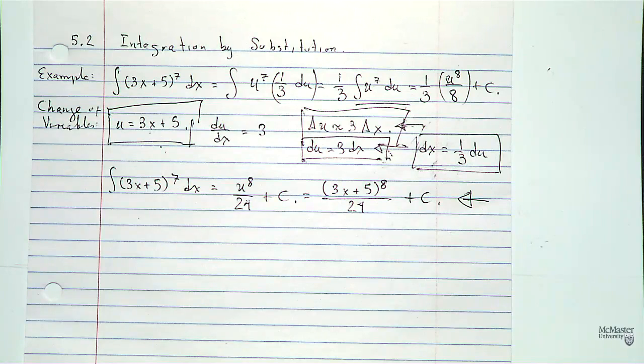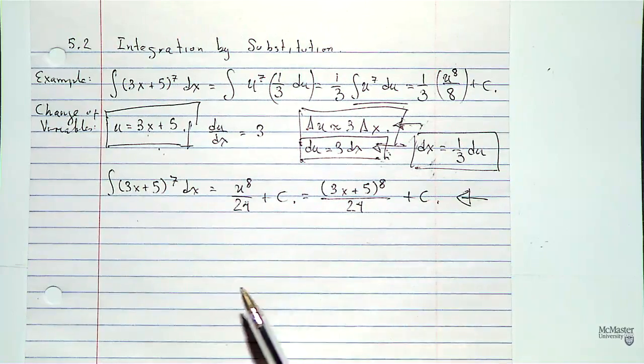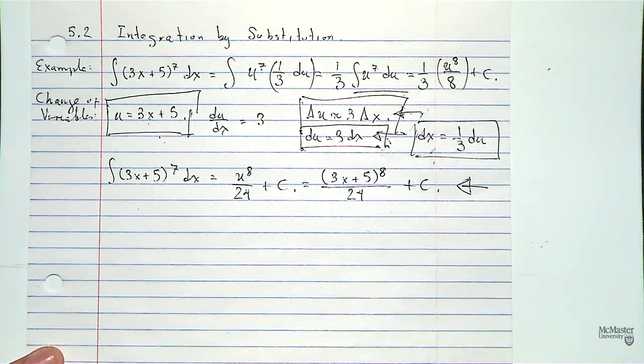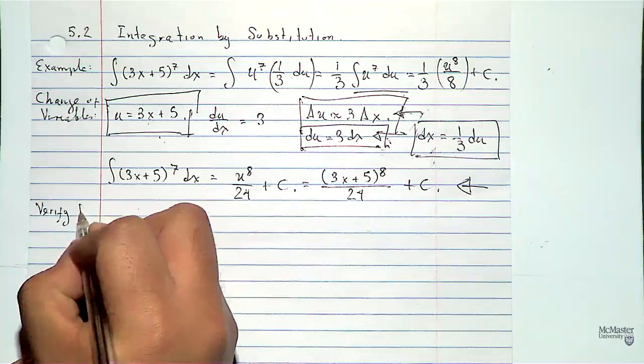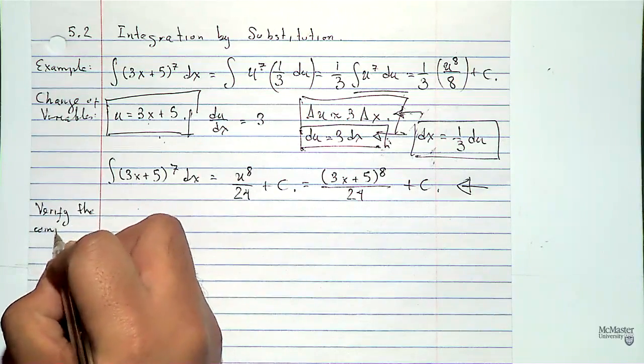Now, you can verify this computation, because what is the integral? You find an antiderivative, so a function such that if you take the derivative, you get the original thing. So if we want to verify the computation, I'm not claiming that at this point everybody has understood, but at least I want to verify that the computation is correct, and from that we will get to the general idea. So if we want to verify the computation,